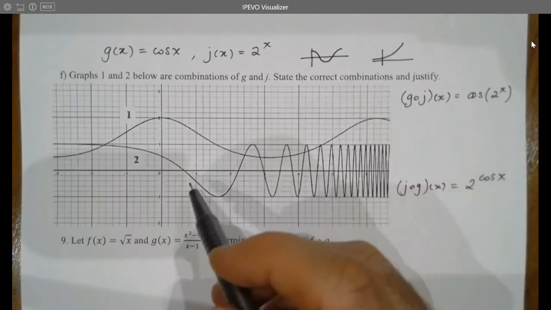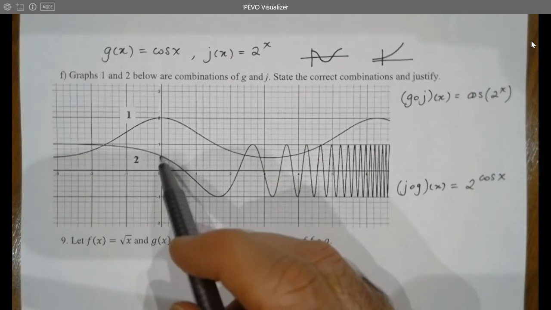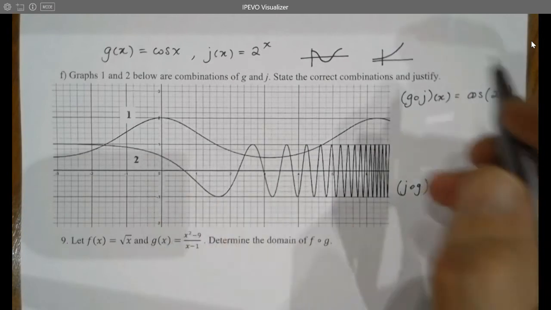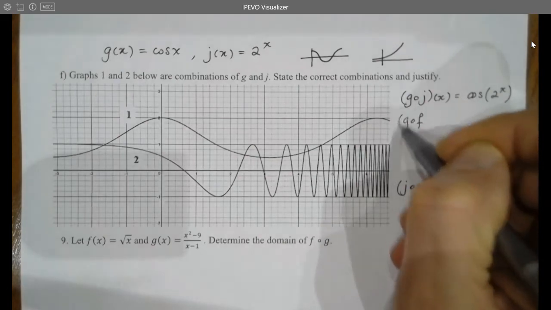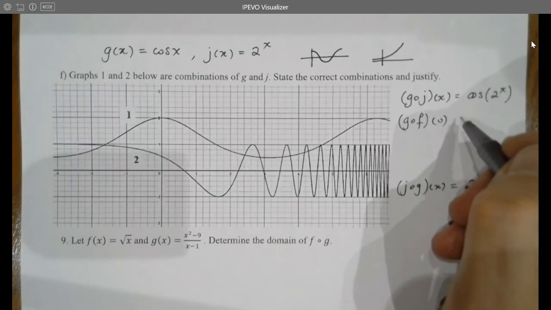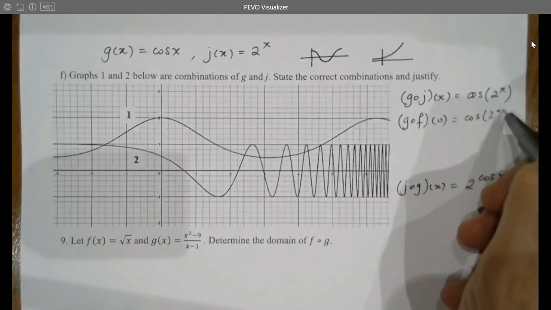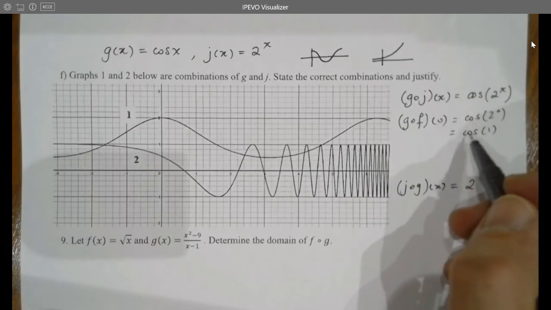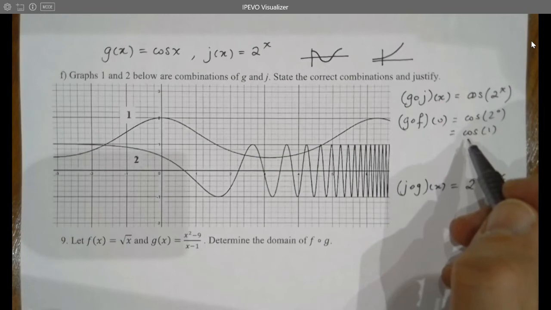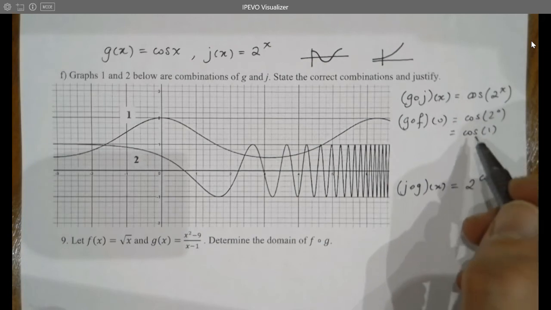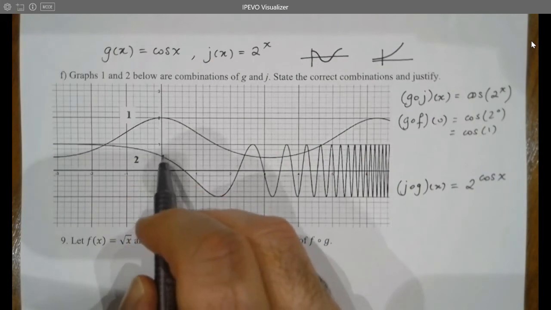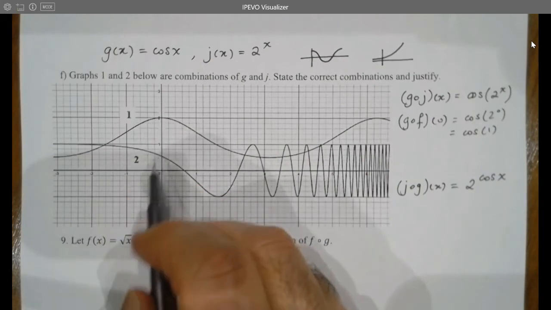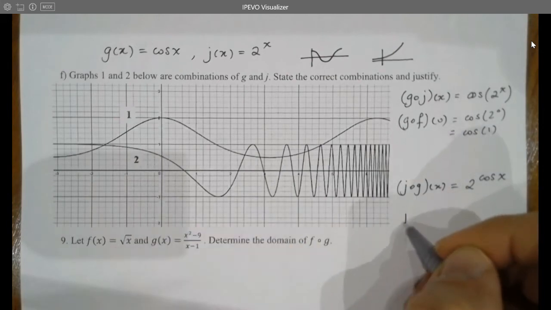I'm going to pick one particular point, because I noticed that at 0, they have different values. So right off the bat, if I take G circle F at 0, let's see what we get. We get cos of 2 to the 0, which is equal to cos of 1. And, well, I don't know cos of 1 exactly, but I do know that it lies between 0 and 1, all right? Or, in fact, between -1 and 1, but I suspect that it lies between 0 and 1. And look at that here. This number for graph 2 is some number between 0 and 1,